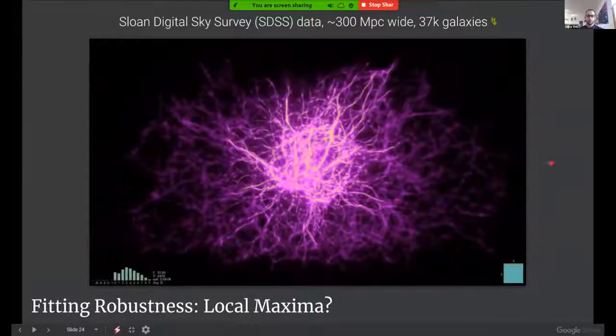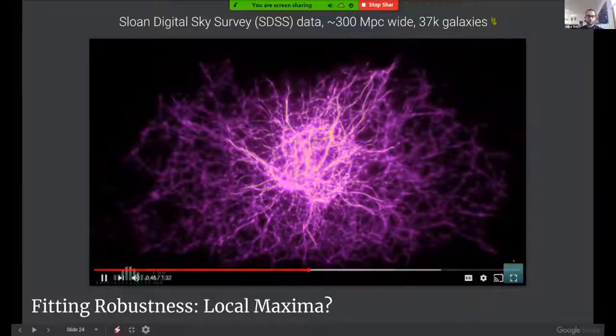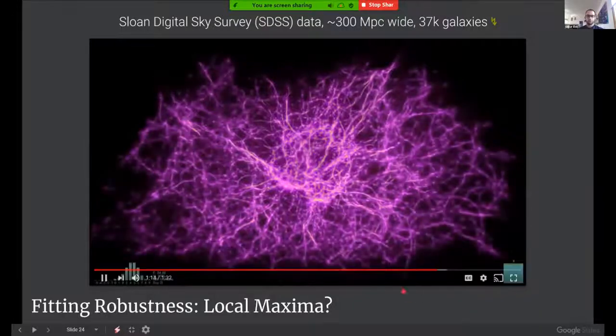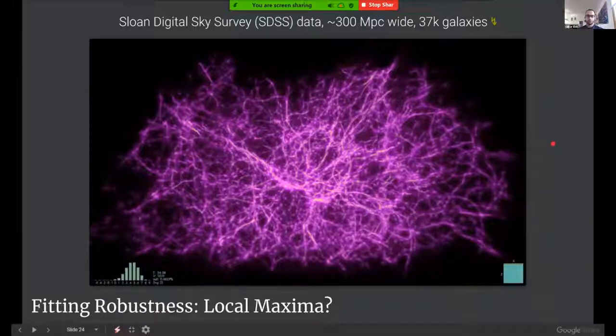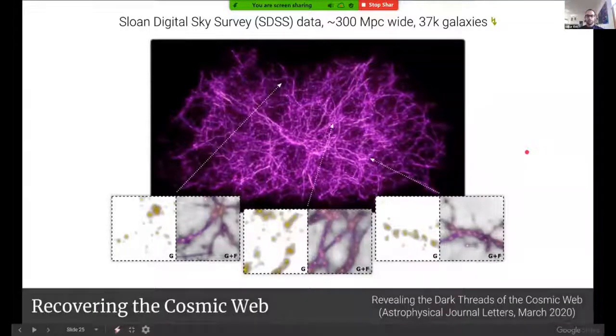We see that the structure is biased towards the center, but when I rewind this a minute later, we see that everything equilibrates, and the model restores its original equilibrium or shape. Thanks to this, we have been able to reliably detect the cosmic web structures. Here are a few zoom-ins into this whole structure, where the yellow blobs are galaxies, and the purple lines are the detected cosmic web structures. Wherever we are in this data set, these align with the data extremely well.